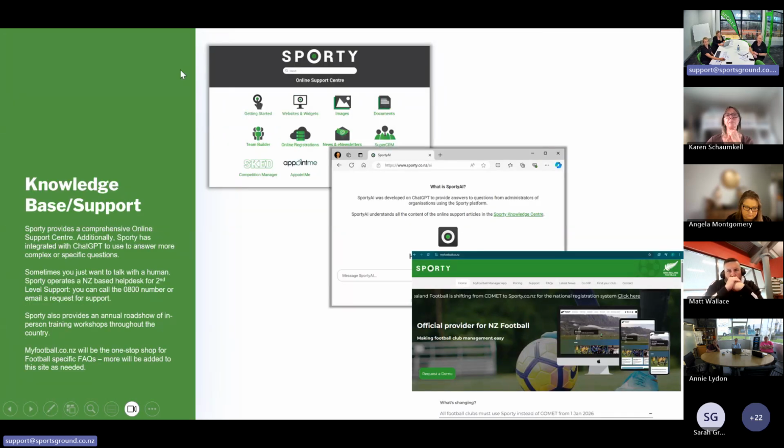We'll cover this as well: we have support material at our support site, also with Sporty AI. So once you're logged in, you can go and search on our Sporty AI. But the My Football site is what we are going to be adding some additional information to, some specific useful support articles for referees in that area as well.